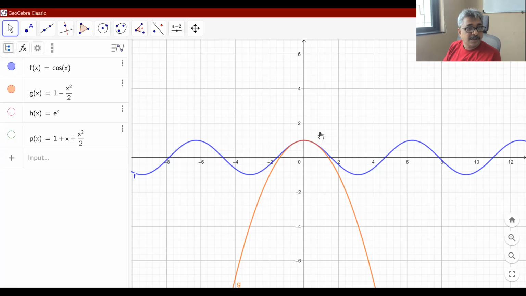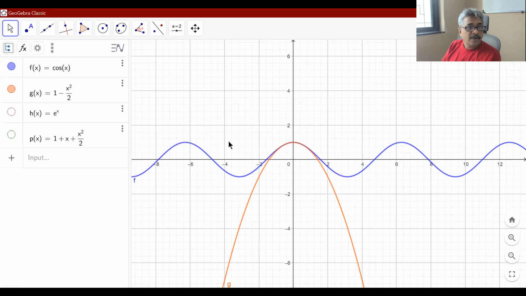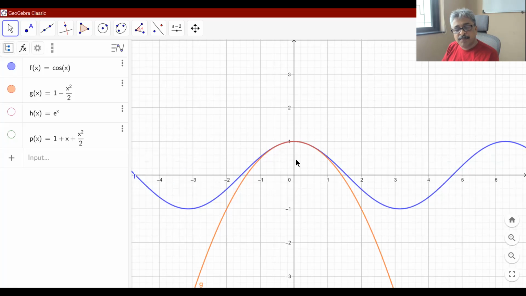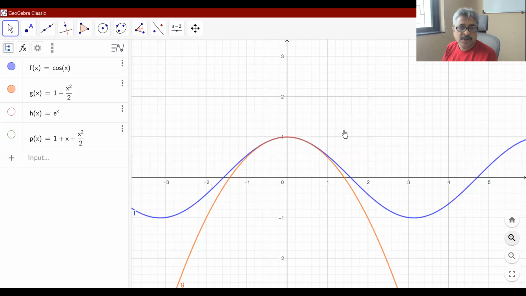Okay, so this is what you have put. First function as cos x and 1 minus x square is its approximation. We know 1 minus x square is a parabola opening down, and you can see even if you do quadratic approximation, you are very near to the point and matching these two curves.